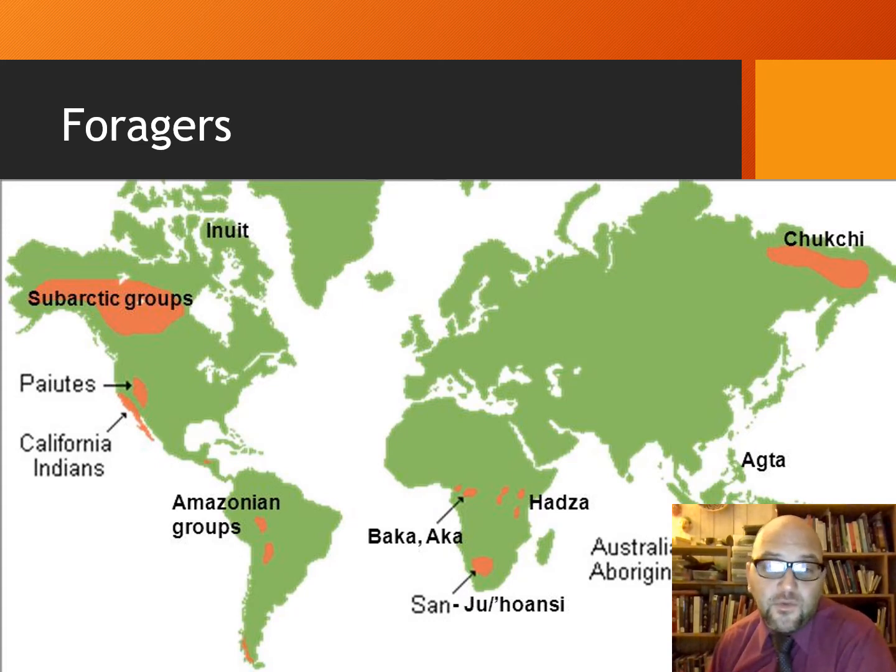I'd also argue foragers are incredibly intelligent. That's something I want to emphasize in all of these subsistence modes, is the intelligence and adaptive nature of all these people. Foragers have a tremendous amount of knowledge about the natural environment. I've touched on that with you guys before, about things like wild plants that are used for medicine. 25% of all drugs on the market today, medical drugs, come from sort of wild plants around the globe, where ethnobotanists and anthropologists like myself, working with indigenous communities, talk to them about